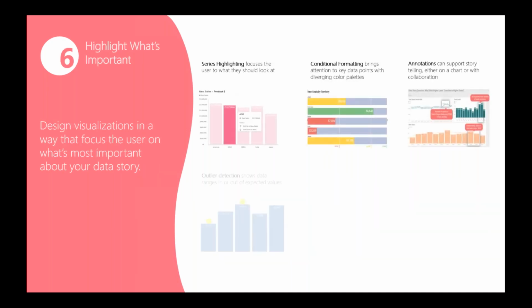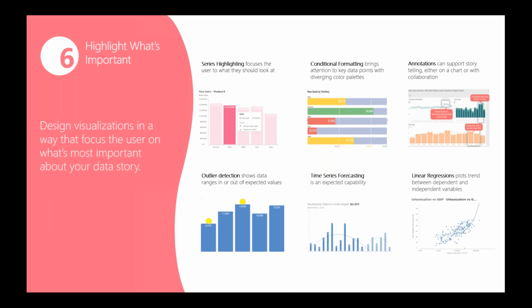Highlight what's important, very similar to the previous best practice, but we really want to design visualizations that focus people on what's important for the story that you're trying to tell. And these, again, are all signals, all things that you can use, be it series highlighting, where, you know, in this chart in the upper left, the series I'm looking at is brought out to the forefront with color, conditional formatting, annotations always support the story that you're trying to tell, outlier detection,